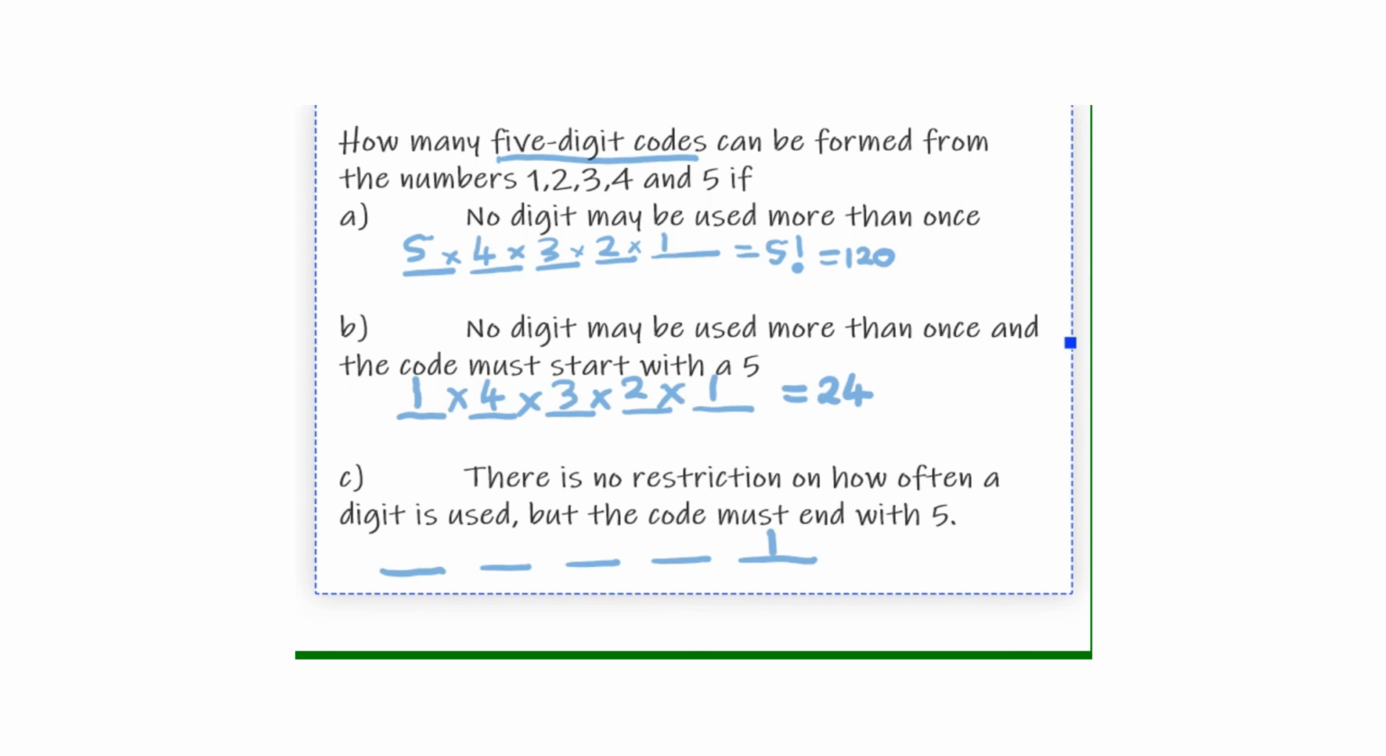Then we now start filling from the first one. There's no restriction, which means it will be 5 there, 5 here, 5 there, 5 there. It's 5 times 5 times 5 times 5, which is like 5 to the power 4, which is in this case exactly equal to